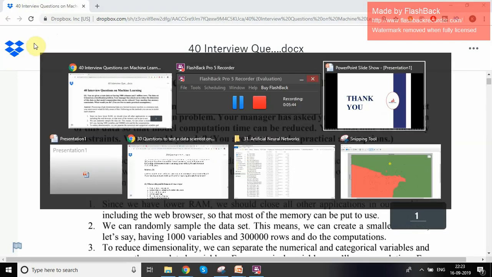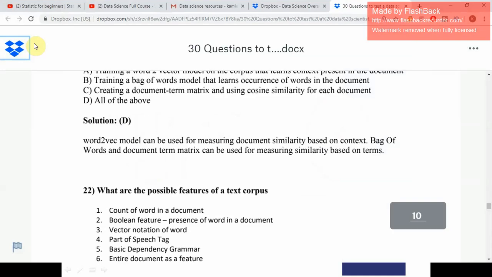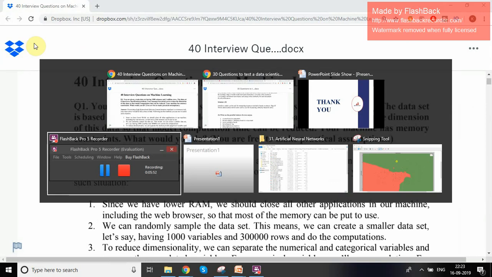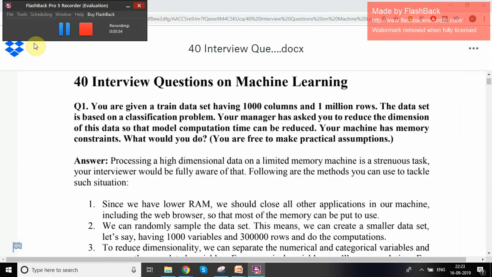So next, let us see a few of the interview questions, like this is one of the interview questions which I have prepared very long back. So the interview questions, and another important tip I would like to add on to that is